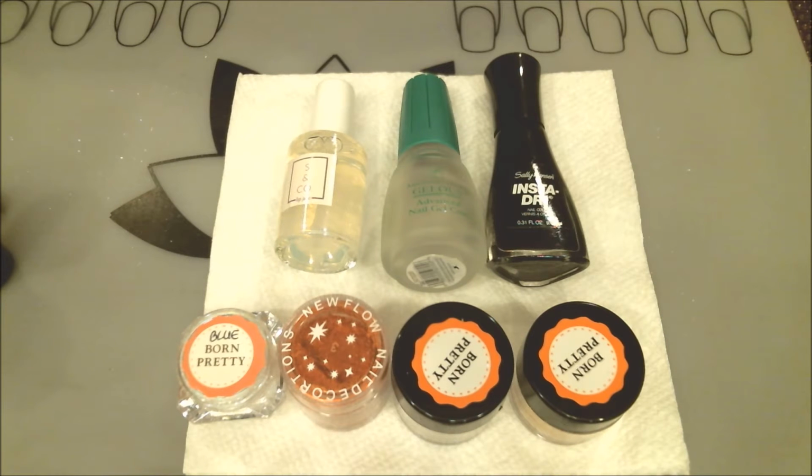And as promised, here is the video that I'm putting out for you concerning how you can use regular nail polish and your pigments that's so popular today with the hollows and the mirror and the metallic pigments. But this is for you guys out there who want to try this and you don't like the gel polishes